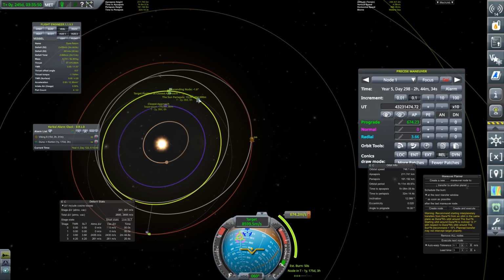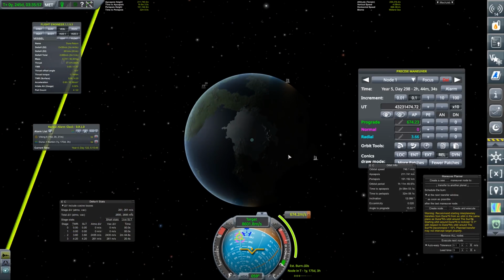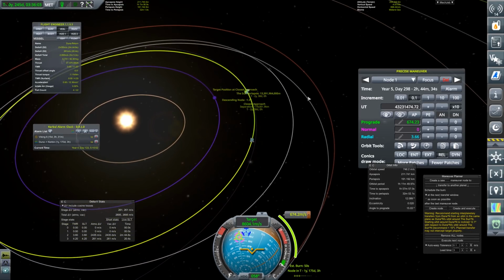Oh, and can we actually get an encounter yet? Is this going to give us an encounter straight away? So let's focus the view on Kerbin. Is there an encounter with that? I don't think there is. No. So we may need a mid-course change just to get that to work. Unless we can just see what the